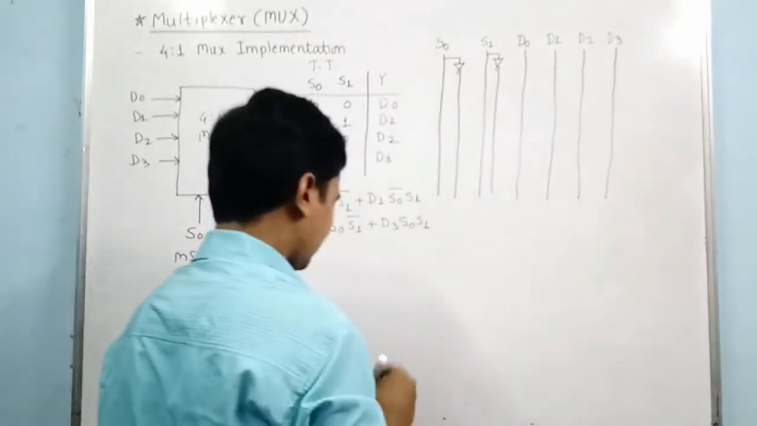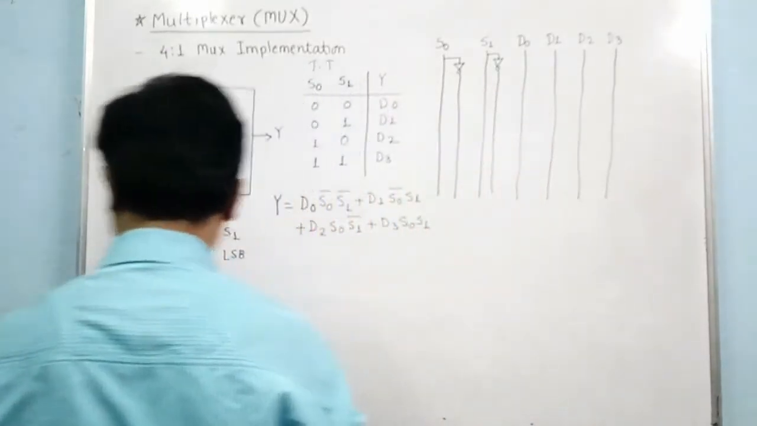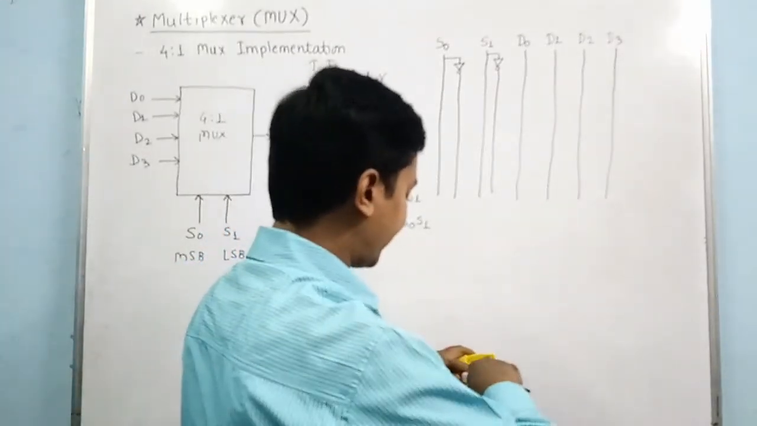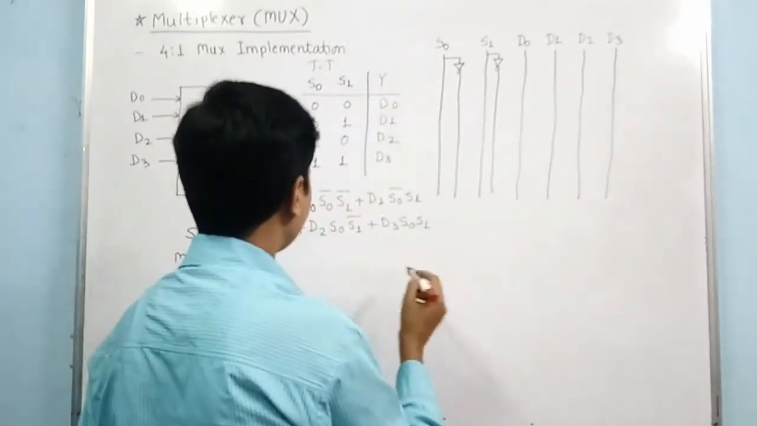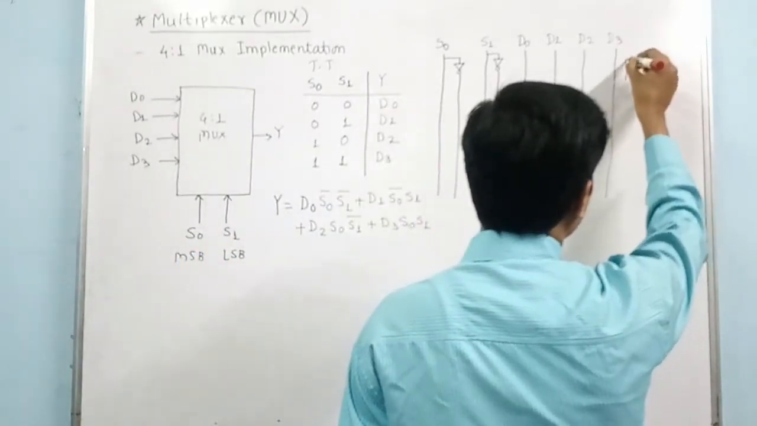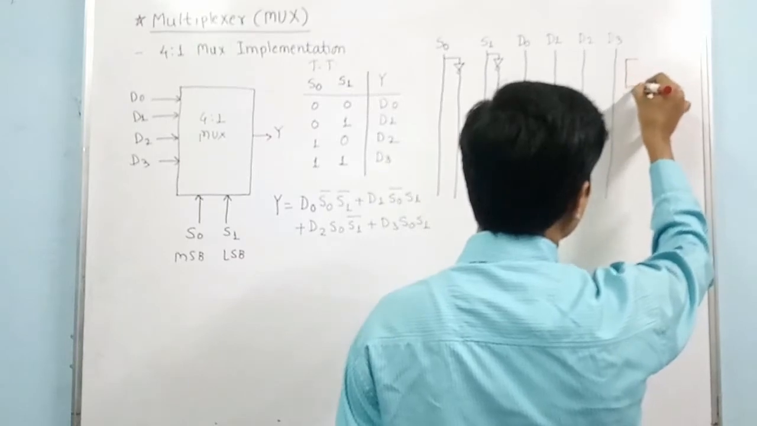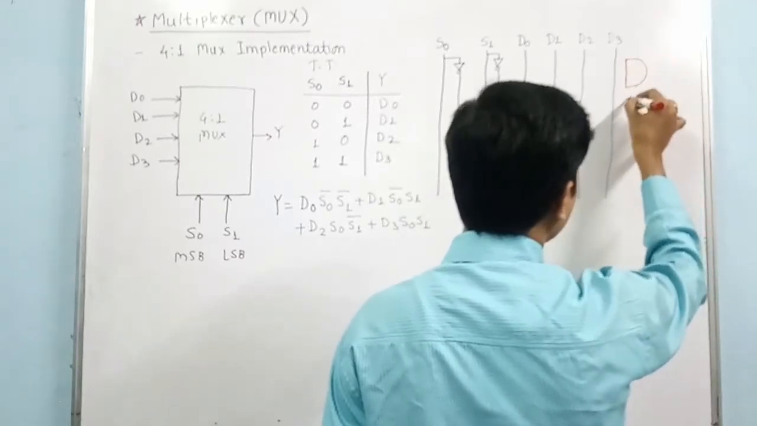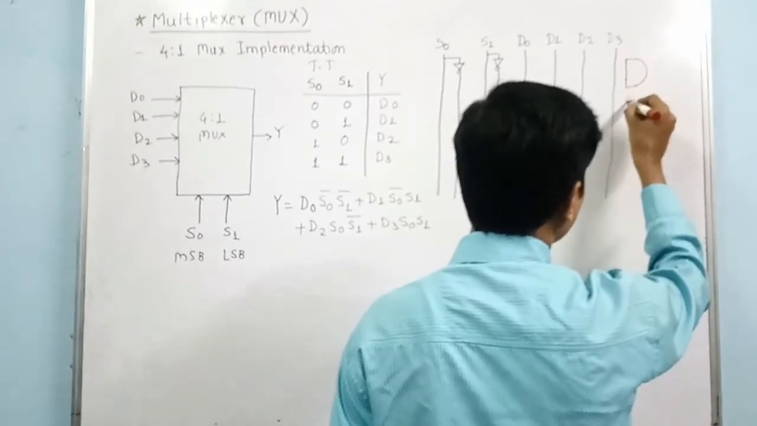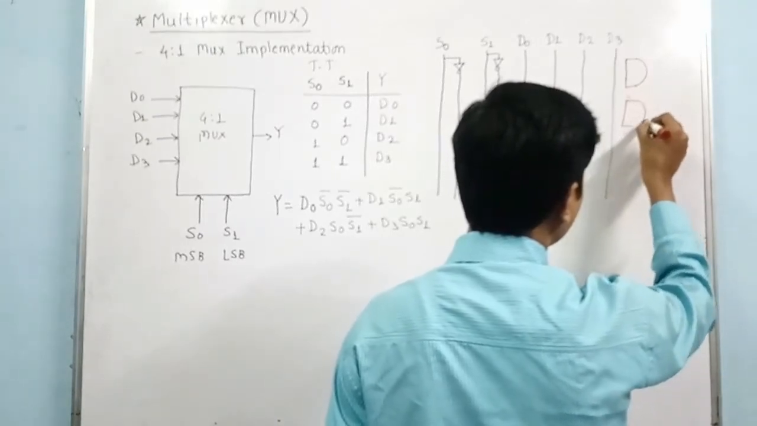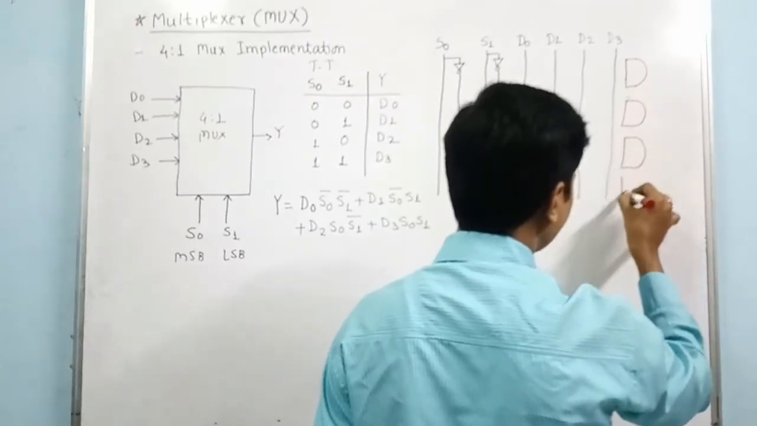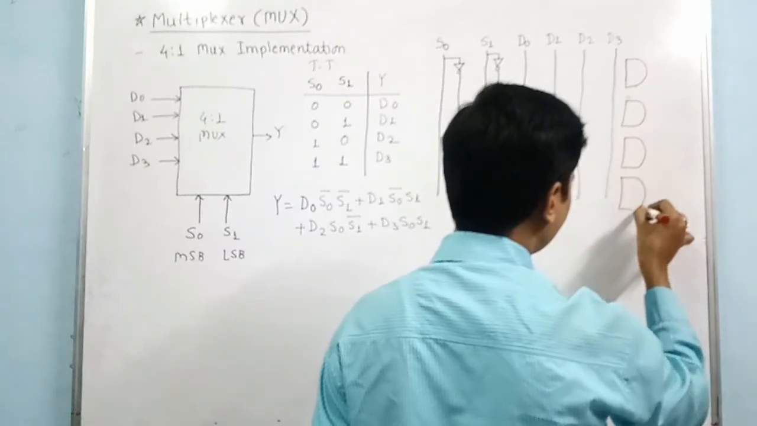Okay, so these are the input lines. Now we will get the connections from these equations. So D0, we have to use the 4 AND gates. First AND gate, second AND gate, third and fourth. Okay,